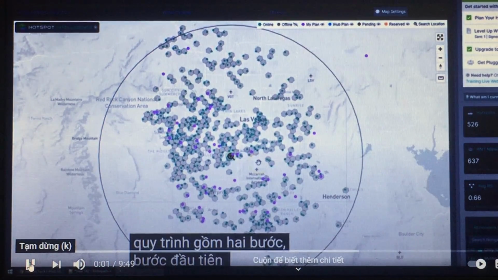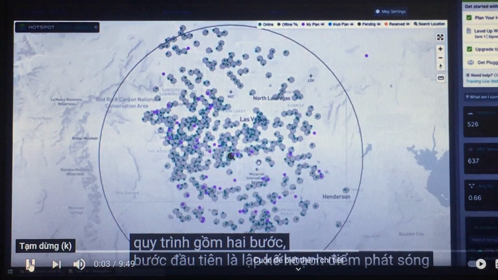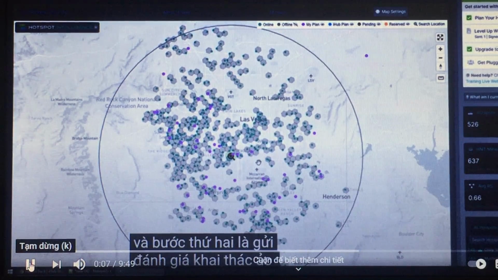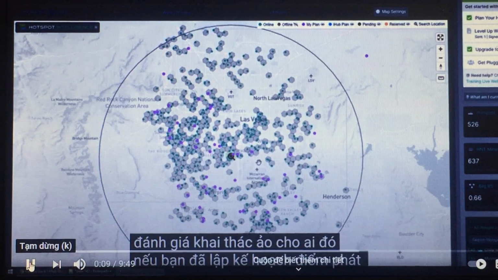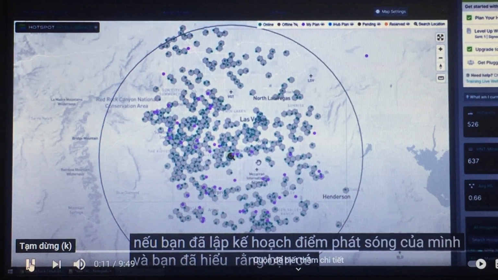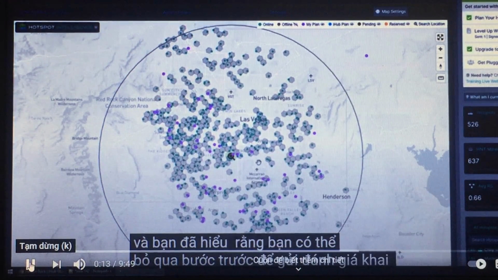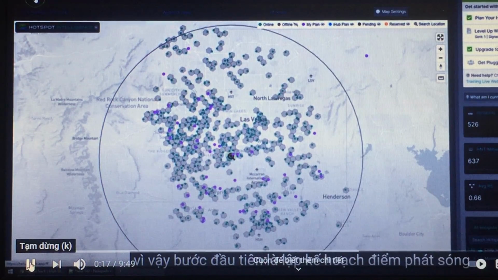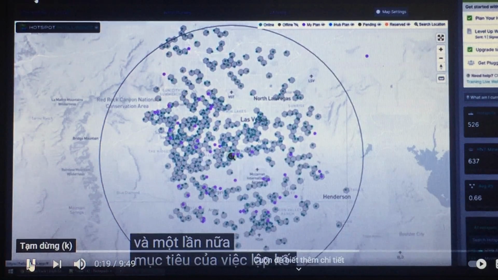The process has two steps. The first step is planning a hotspot, and the second step is sending a virtual mining assessment to someone. If you've already planned your hotspot and you've got the hang of that, you can skip ahead to sending a virtual mining assessment. So the first step is to plan a hotspot, and again, the goal of planning hotspots is